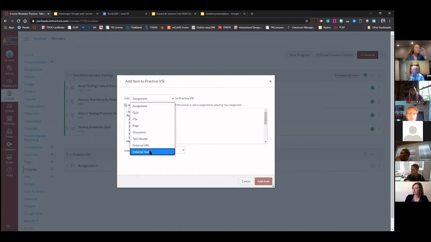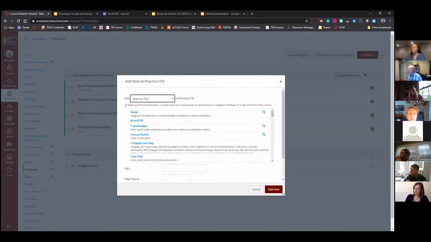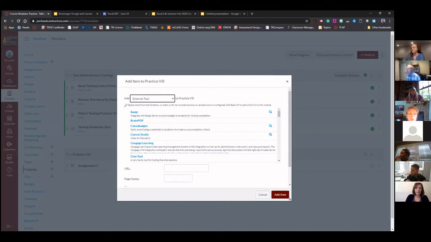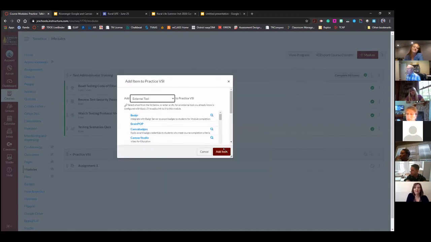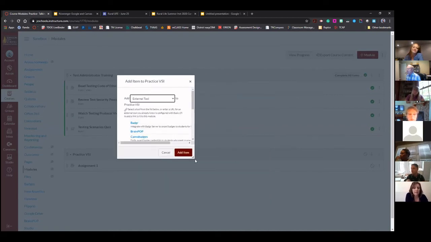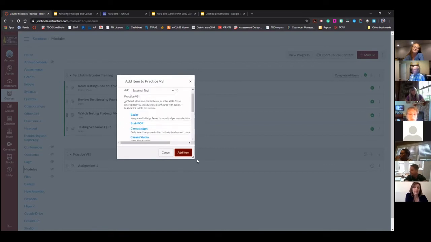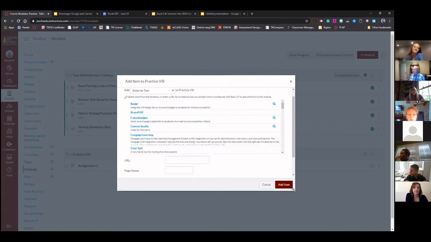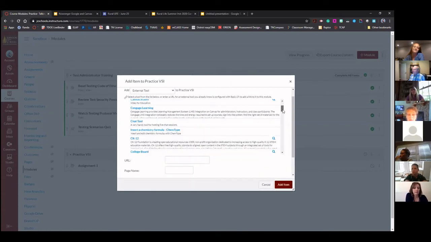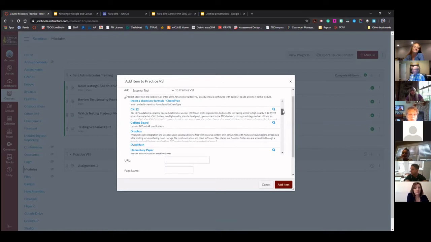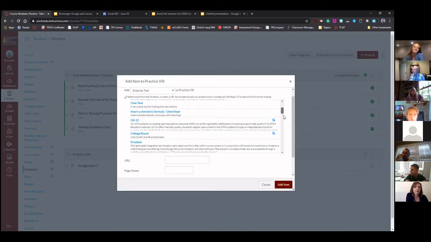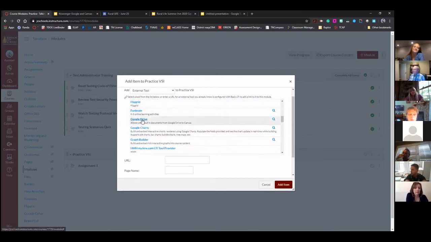So if you click that external tool, what pops up is this big long list of all these different things. Now, something that took me way too long to realize that I wish I would have known at the time was, usually it pops up and this thing is like this big. That's usually what the pop-up's like. I don't know why they do it like this, but if you start to scroll, you can't really see anything. Down in the bottom corner, there's a drag option, and then you can see that internal scroller. So if you don't drag that out, you can't really see that internal scroller. But I'm going to scroll down, down, down, boom, Google Drive.